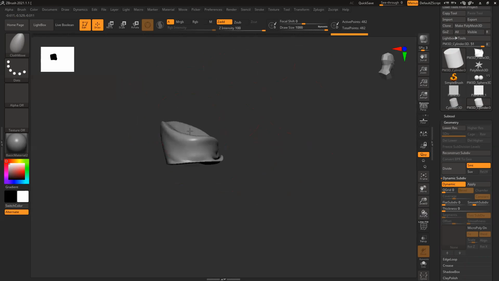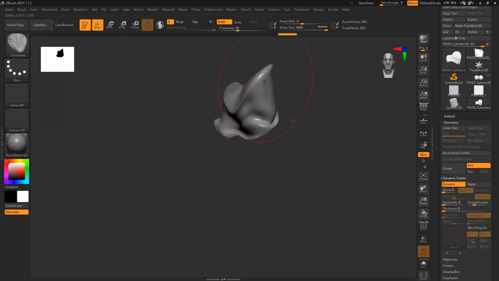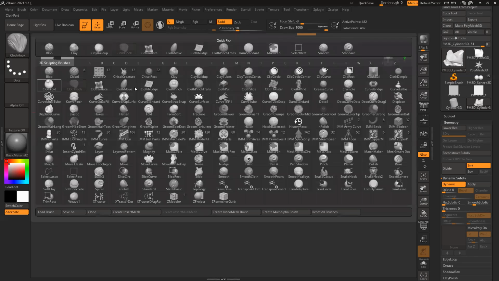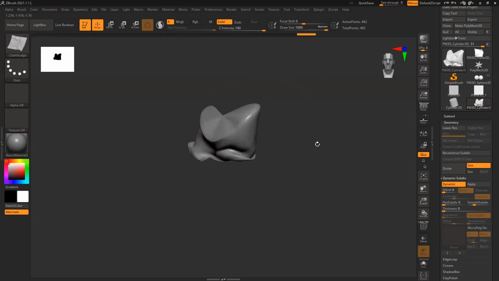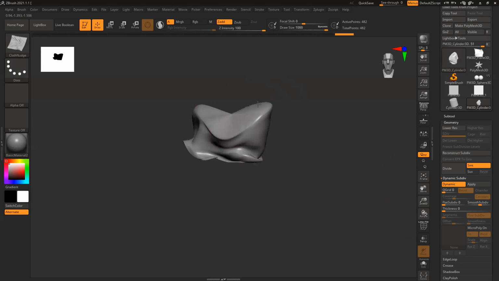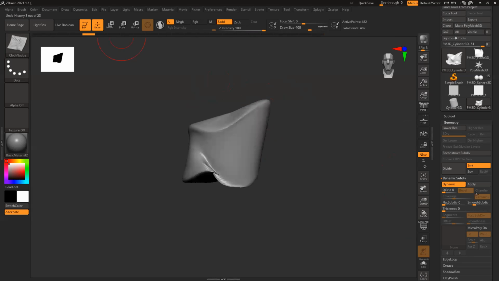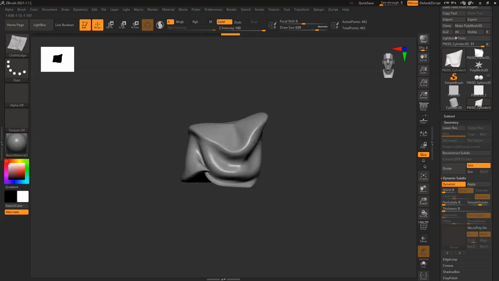all fold, nudge, hook, and this dynamic subdivision by default is 2. If you want to increase, you can increase that as well to get better results. Increase, reduce the brush size, modify things. So you get this nice fold,